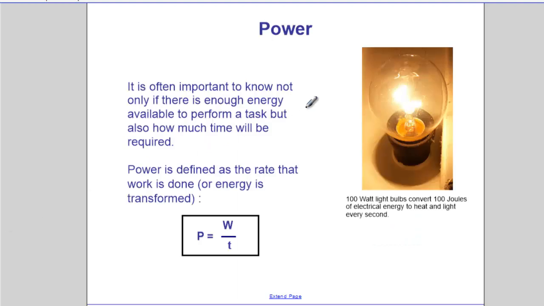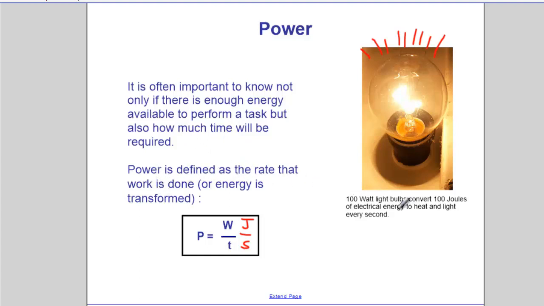We'll define that now. If you look at a light bulb, it will give off energy in the form of heat and light, and it's how many joules of energy come off every second. It's often important to know if there's enough energy available to perform a task, but we also need to know the time required. As I just stated, power is defined as the rate at which work is done or